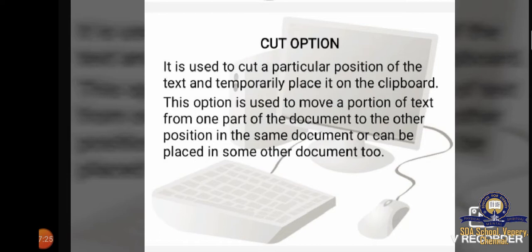In other words, this option is used to move a portion of the text from one part of the document to another position in the same document, or it can be placed in some other document too. To perform the cut option, follow the steps given below.